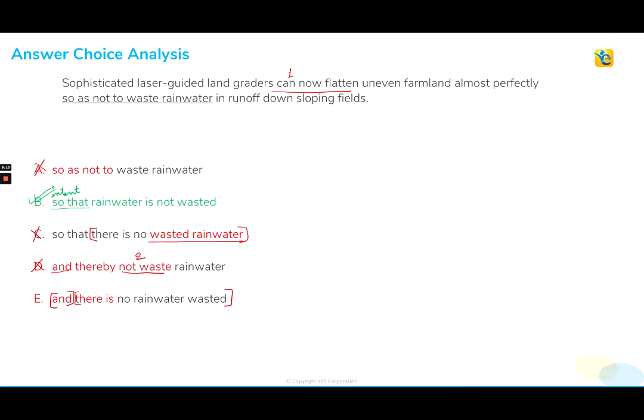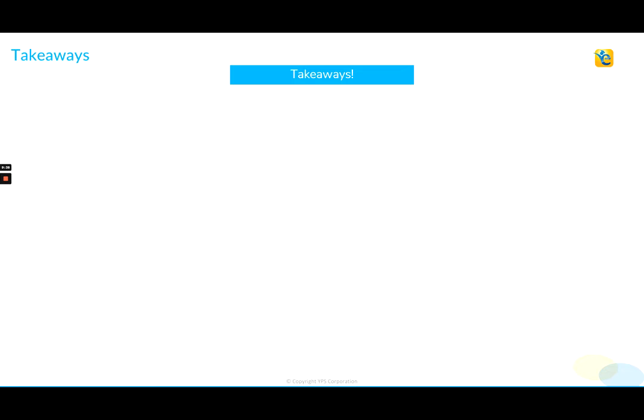Now that's about the meaning. The grammatical error that we see in this sentence is that what follows and is an independent clause. So we have two independent clauses in the sentence, one before and one after and, but these two independent clauses are connected just by and. So we definitely have the connection error in choice E, right? So choice B indeed is the correct answer that clearly conveys the intended meaning.